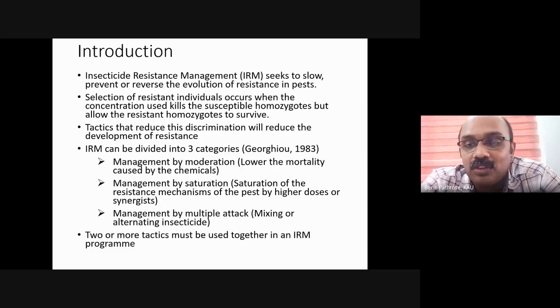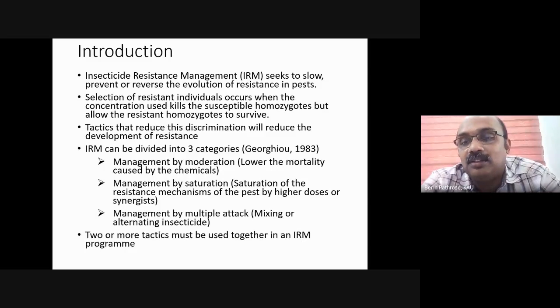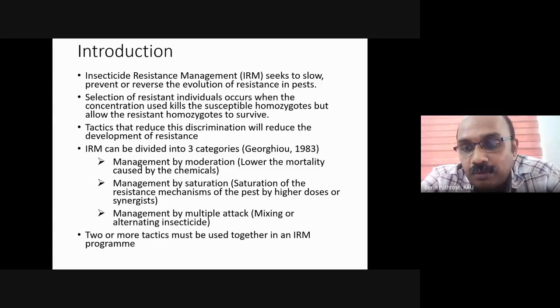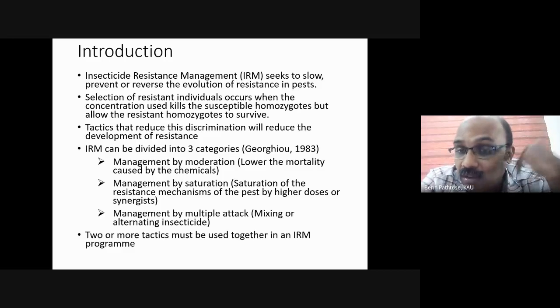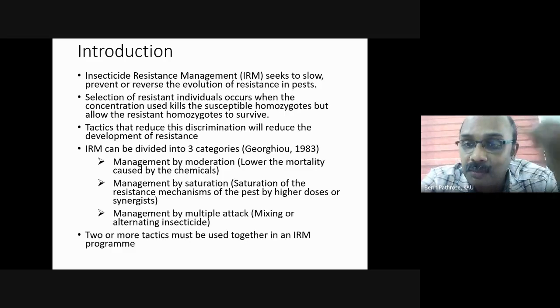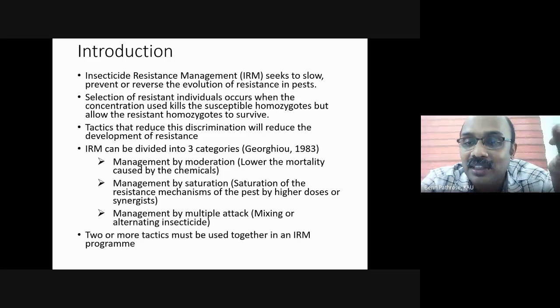So if you stop the use of synthetic pyrethroid, imagine esterase is the enzyme which was a high level of esterase was contributing to resistance to pyrethroids in Helicoverpa. You stopped use of pyrethroids altogether. So what will happen? Insect has very high fitness cost. That means in order to keep higher level of esterase, it has to spend more energy. So if there is no selection pressure, if there is no use of pyrethroids, insect will slowly